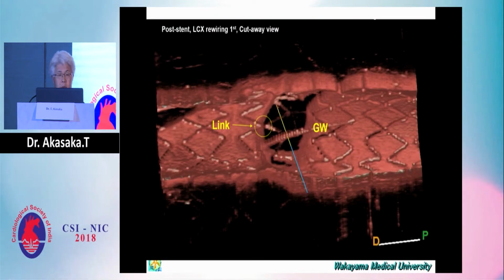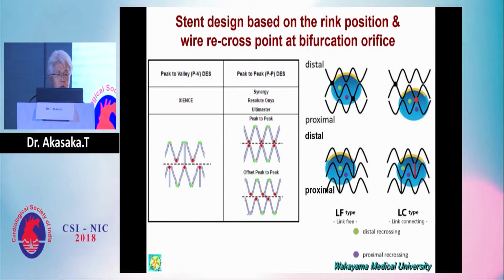This is another view of the 3D reconstruction. So the position of the link is by chance, as you know. Here is some explanation of the link. There are peak-to-valley DES such as Xience, and peak-to-peak DES such as Synergy, Onyx, and Ultimaster. And here the left-hand side demonstrates the link-free type. There is no significant link at the orifice, but on the right-hand side, the link-connecting type, here is the link